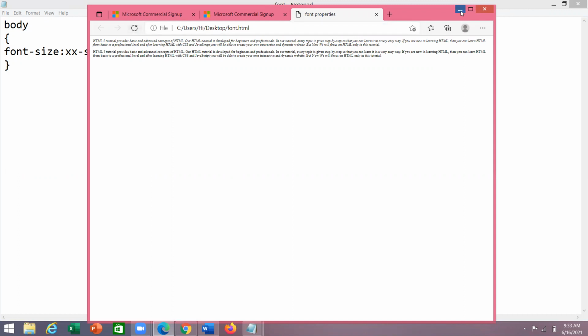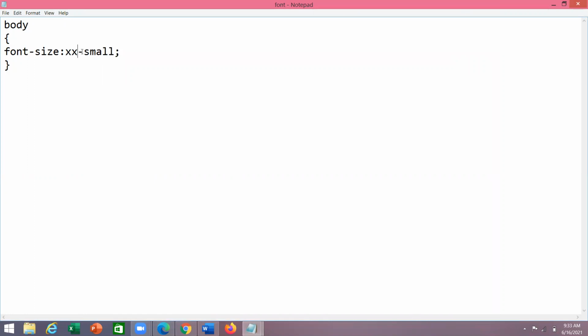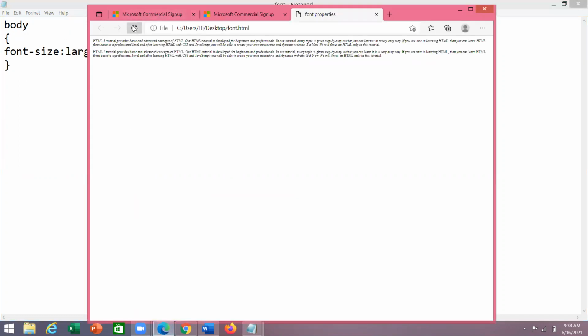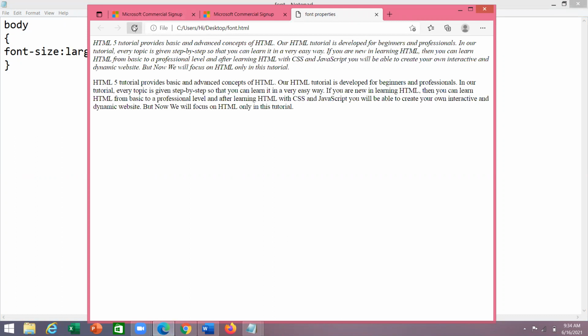For example, if you want to go for large, it will display large. Here I'm saving the document and opening the browser, refreshing. Okay, large.